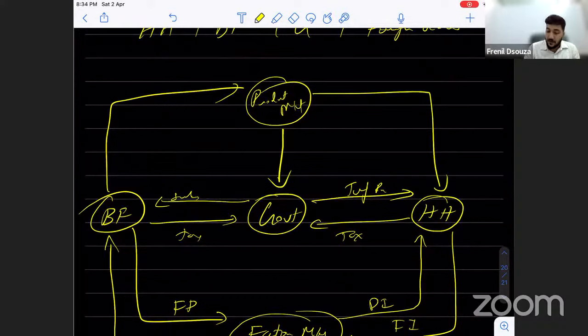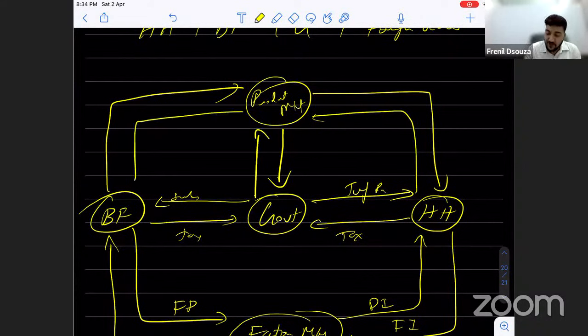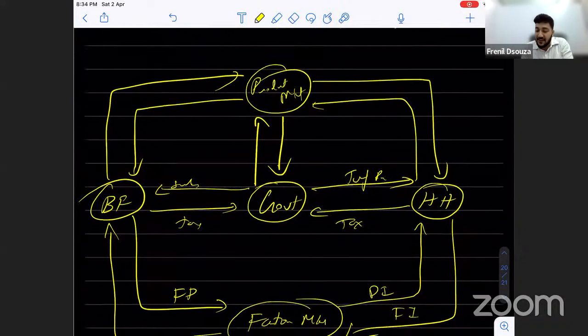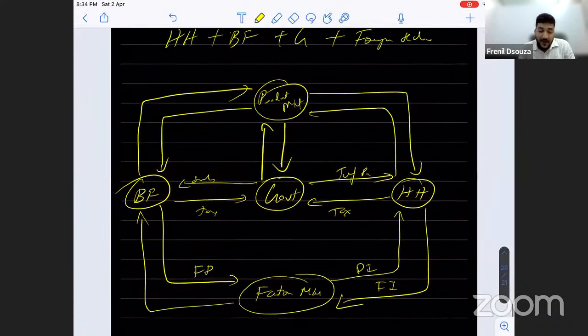And then what will happen, the consumption money will come from households to the business firms, right? At the same time consumption money will also come in the form of government expenditure to the product market, which will be taken to business firms, right? This is how the usual three sector model was. And now only one thing will come extra, that thing is called rest of world.